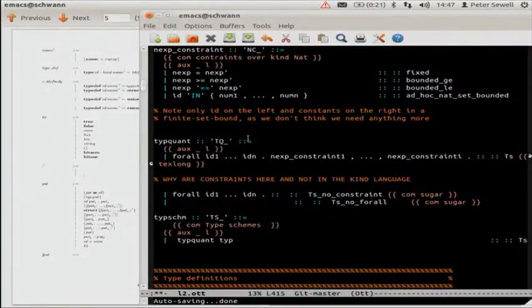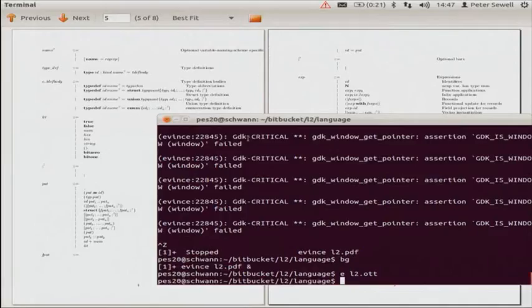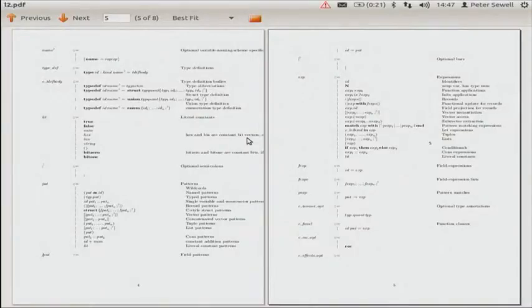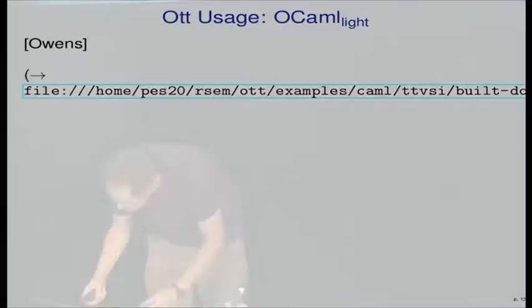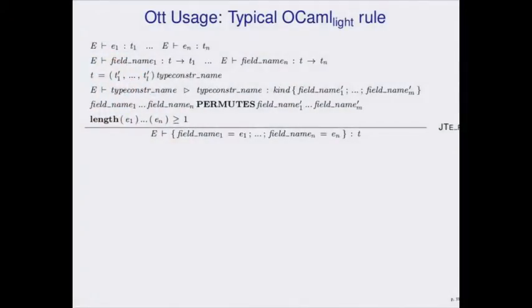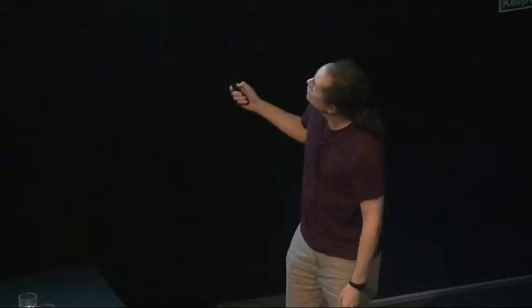Yeah, indeed, thank you. So some of this is quite straightforward, and some of it is a bit less so. That's what we wanted. So this is the kind of rule that you might find in an ICFP paper or whatever. This is some kind of a typing rule for records.